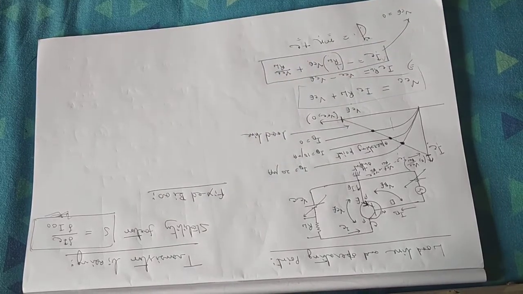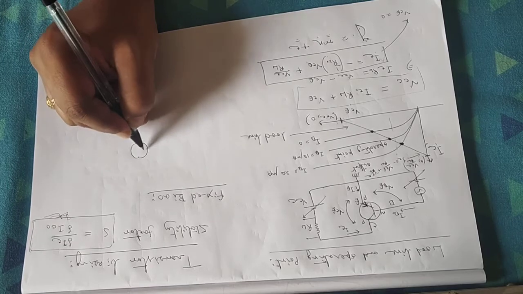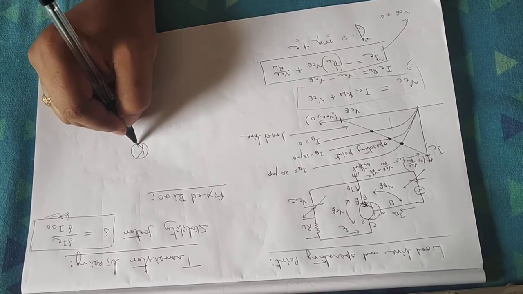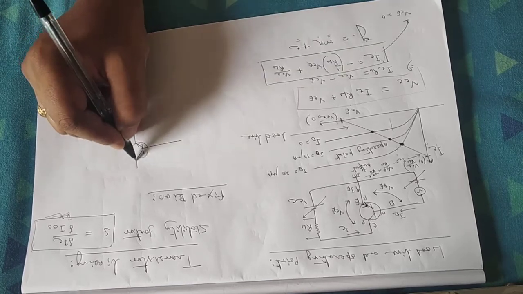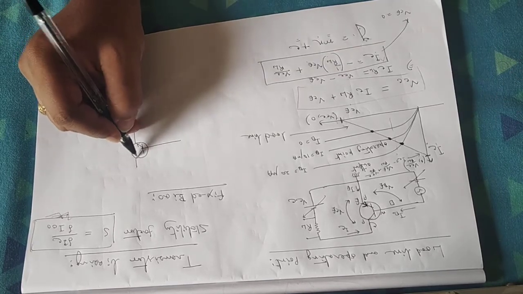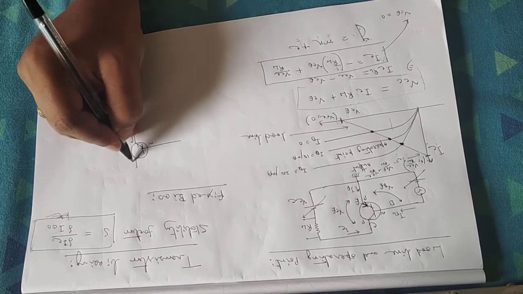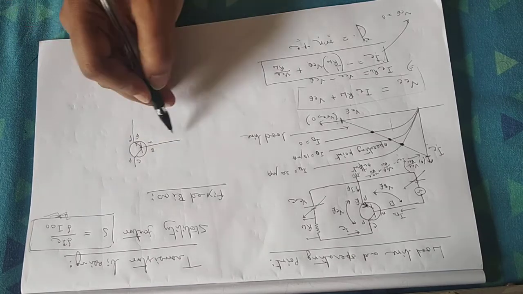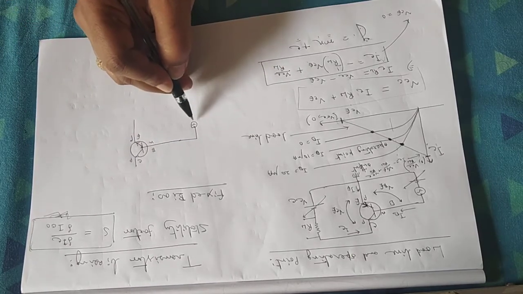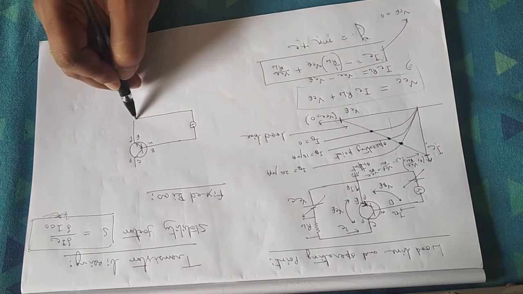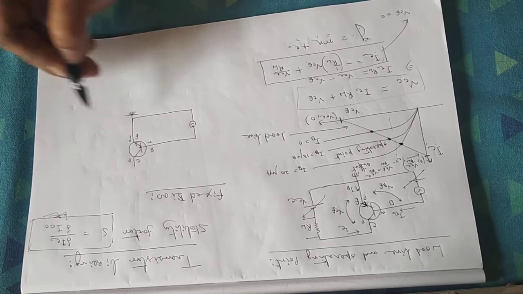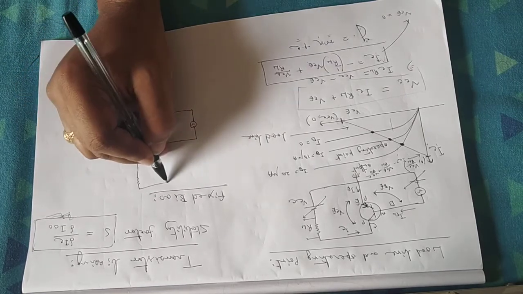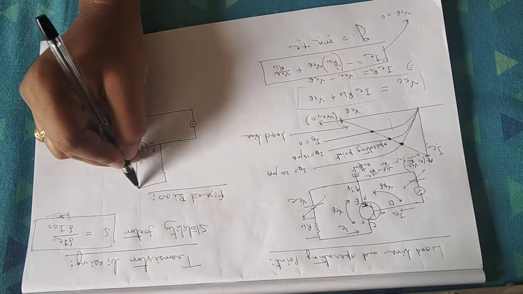What is a fixed bias circuit? I am showing the circuit in common emitter configuration. Suppose this arrow is outwards, so this is a PNP transistor. This is the emitter, this is base and this is collector, and there is a small AC current. The emitter is grounded or common. Then you have one resistance here, another resistance here connected with the base.